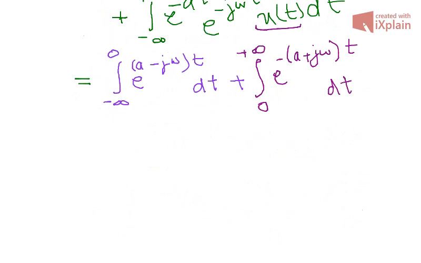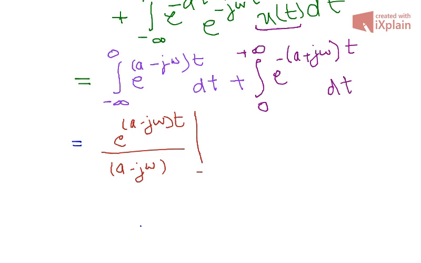Now it would become easier. Let me solve this integral, and it is e raised to the power (a minus j omega)t over a minus j omega, and we have to put the limit. The limit is from minus infinity to 0. Similarly, for the other one,